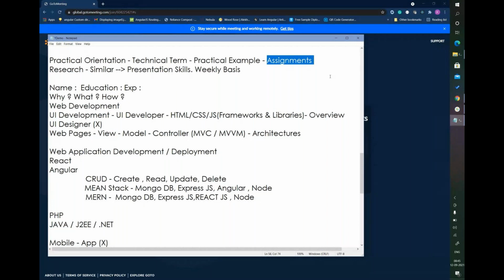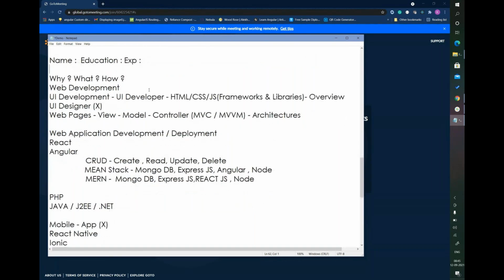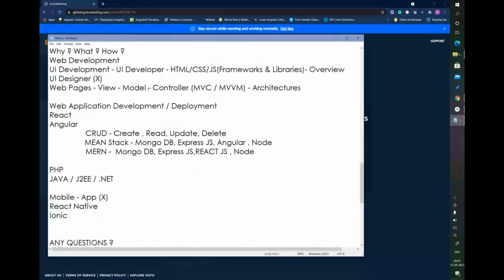For each and every topic, whether it is technology or whatever it will be, you need to think: why, what, and how. If you put these three questions to any topic in your life, say you're talking about a UI, then: why UI, what is that UI, and how do I use this UI in the respective areas, and what are all the things we need to do here. These are the basic questions.